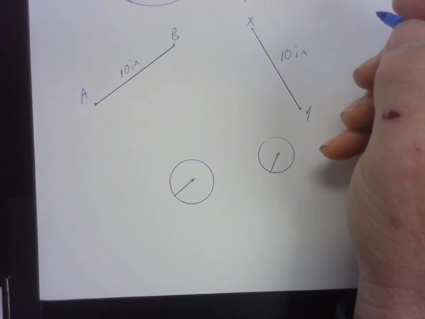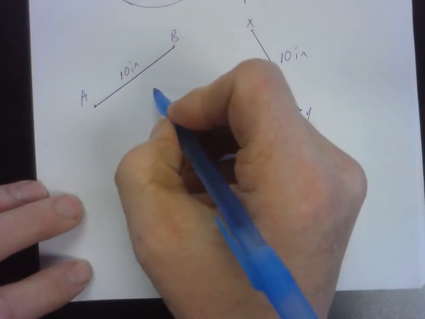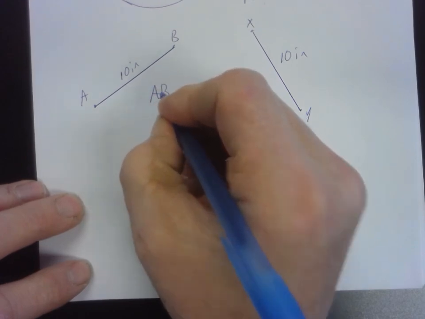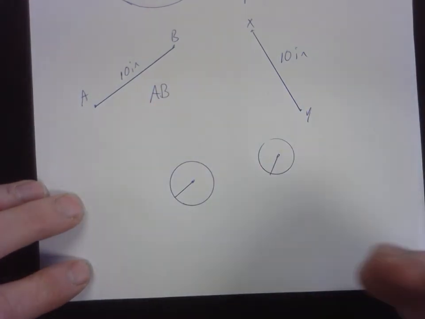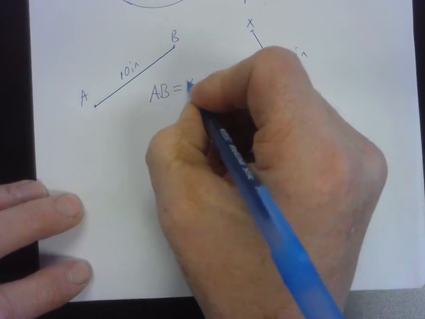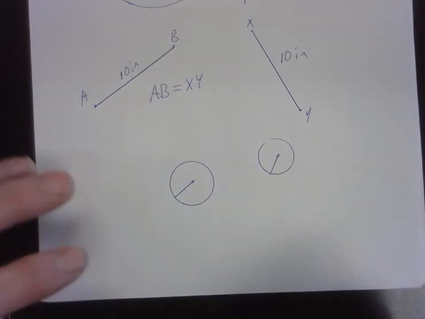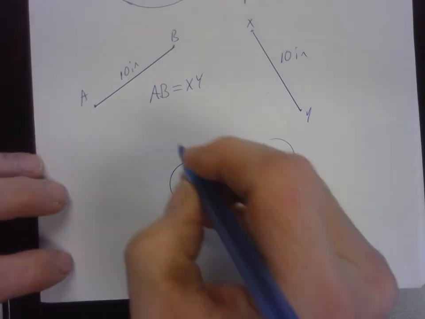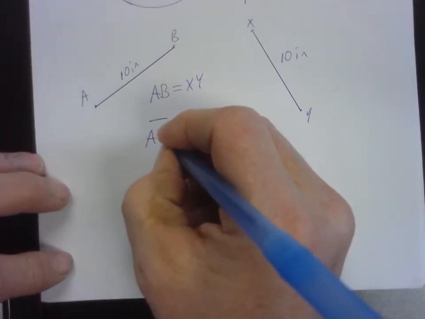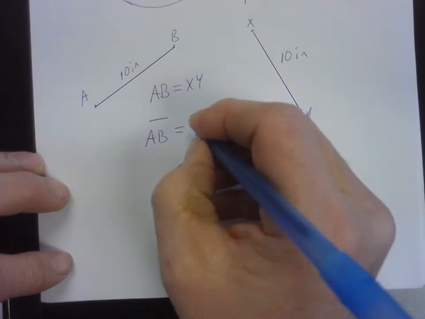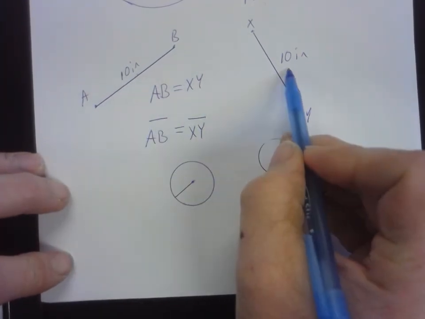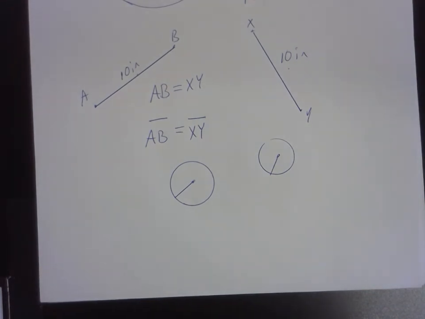And we would say AB, like this, that's the measure of AB, right, is equal to XY because their measures are equal. They're both 10. But we never said segment AB is equal to segment XY because they're two different segments, and equal means they're the same thing, right? Okay, so now,